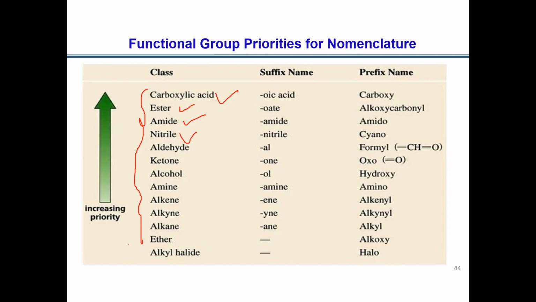If you have multiple groups, how should you start numbering? Which one should be given the priority? I'm sure that you would have studied this in your chemistry as well, right? So this is the priority group. And with that, we finished the review